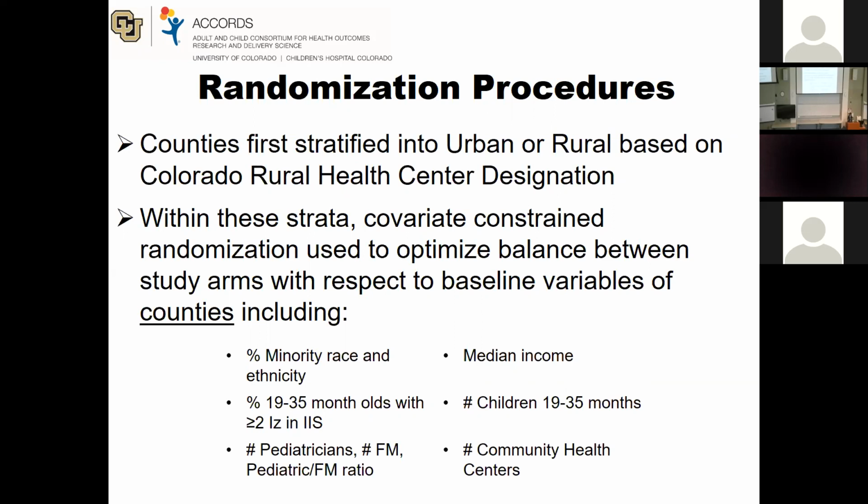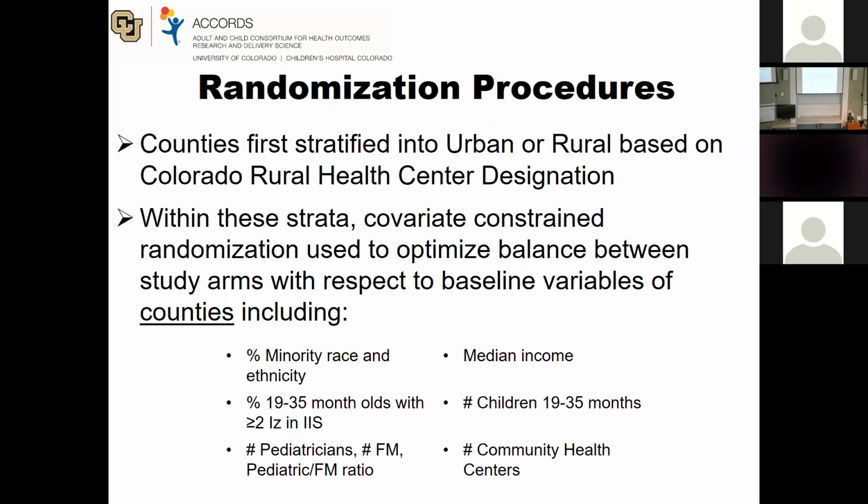And then within the urban and rural counties, we wanted to balance the counties, because one of the problems with a cluster randomized trial is if you have really imbalanced cluster arms, your results can be really biased and you can't necessarily control for it. So this method was developed for that, and I'm not going to say much more about it because Miriam's going to get into that in some depth, but it's one of the techniques that's been extremely important in helping us do cluster randomized trials when we don't have limitless numbers of, for example, counties.